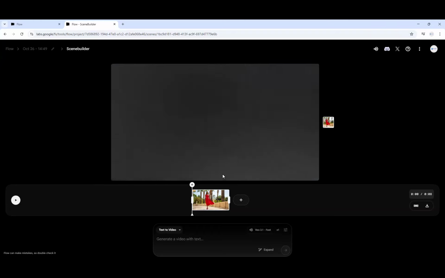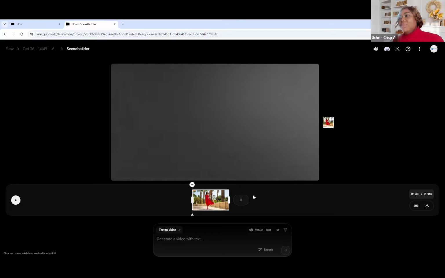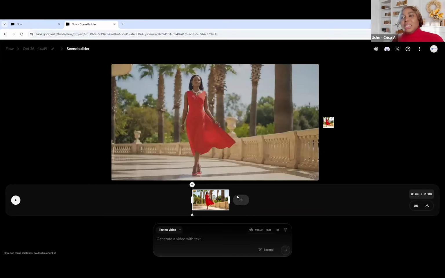Otherwise you will have another image that is not similar to the one, and even the setting might be different from the one you are creating. So that's how to use extending. You can expand or extend the scene. Add plus here, it keeps generating, keep extending it,